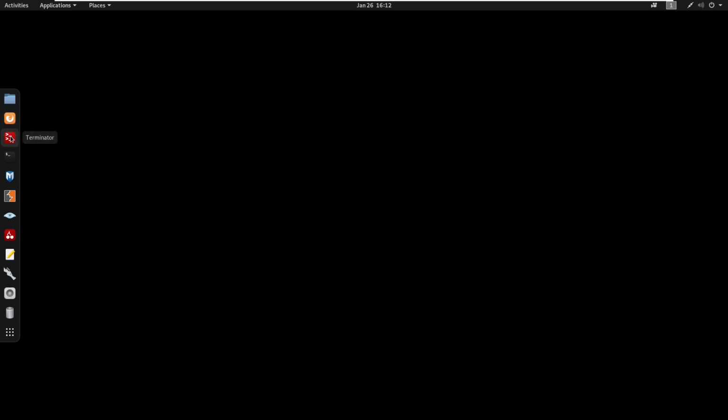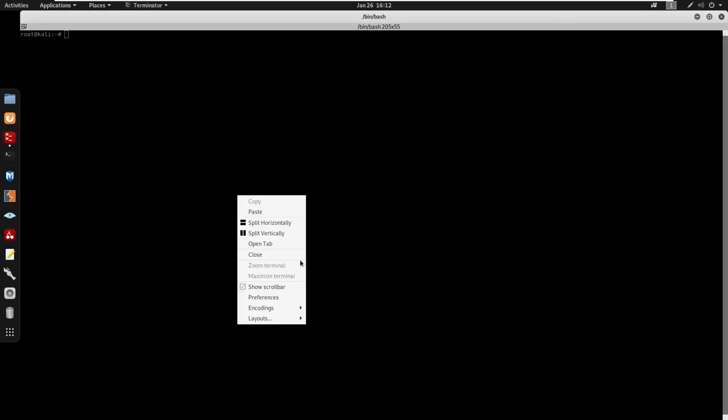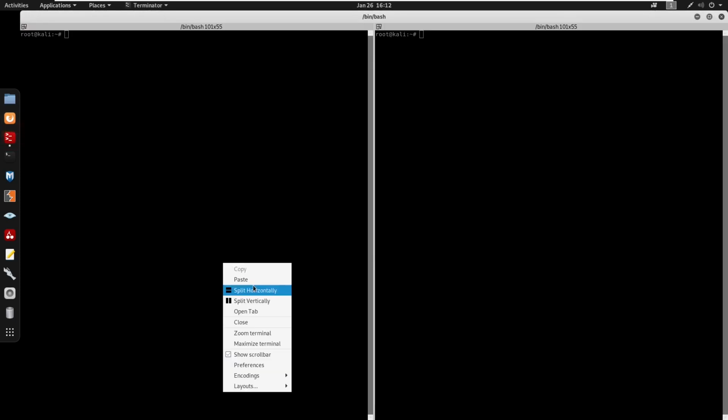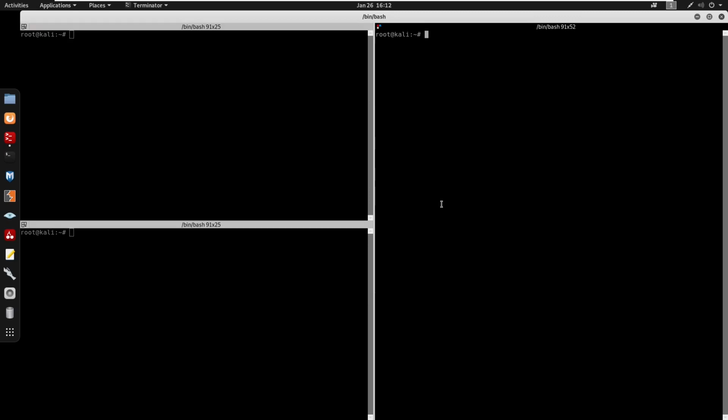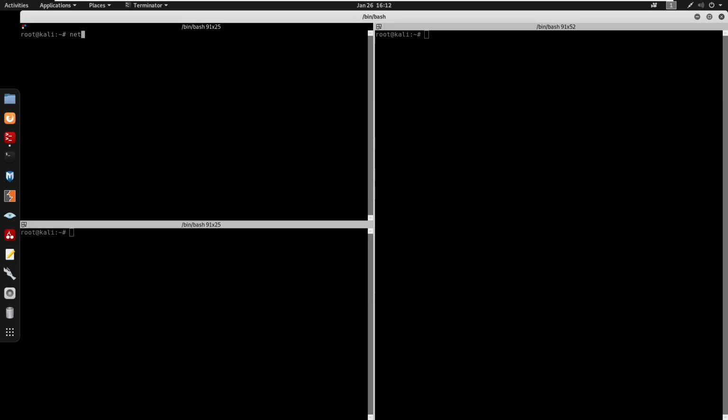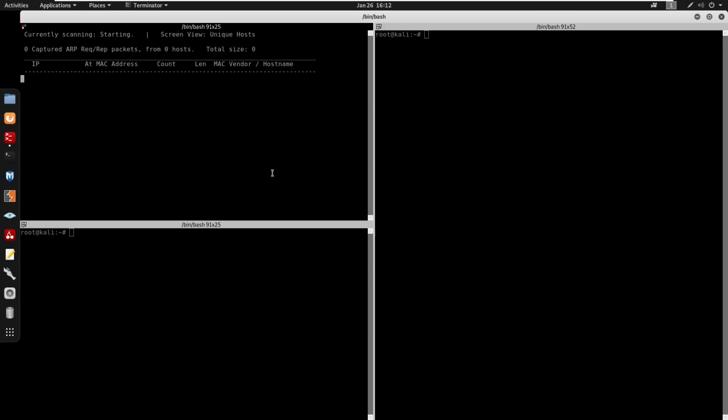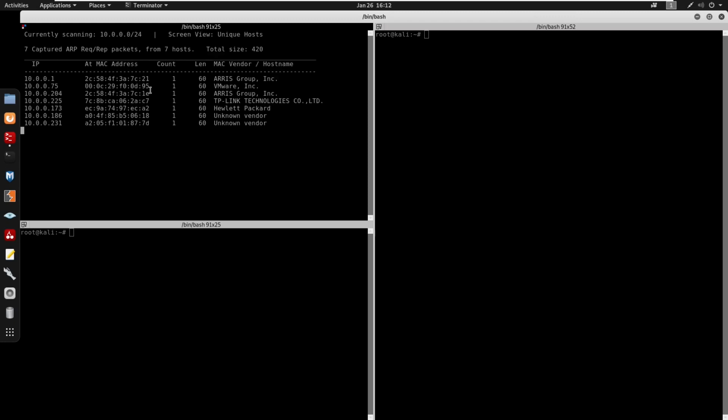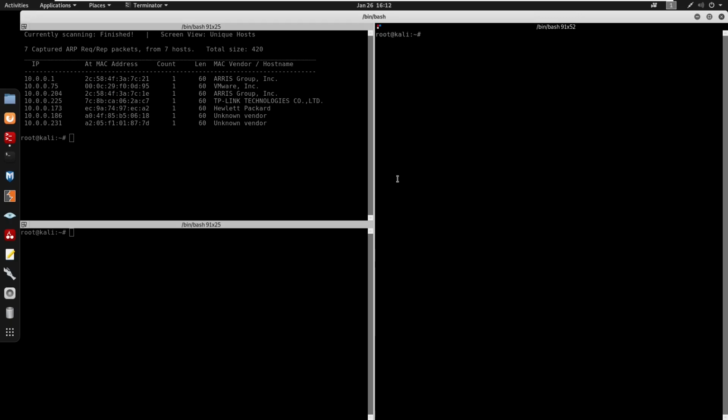Alright, so to get started, I'm going to be opening my terminals here. Let me just split both of these. Alright, so I'm going to start a netdiscover -r 10.0.0.1/24 on eth0. This is going to find the IP address of the box. So we do get an IP address of 10.0.0.75, so we're going to run an nmap scan on